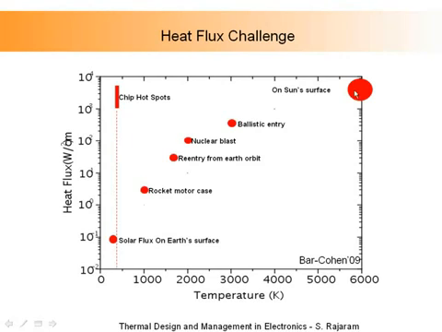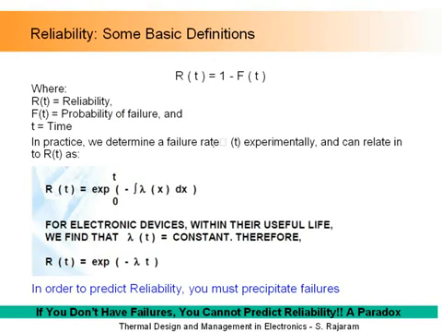So it's kind of interesting to realize that we're reaching densities right now which are like the surface of the sun. However, the surface of the sun is 6,000 degrees K, but we are not able to allow the device to function. The device will not function, or it'll fail if it goes above 150. So that's the challenge that we face. Just to put things in perspective for you as to how important this is from the perspective of a thermal design. Okay? All right.